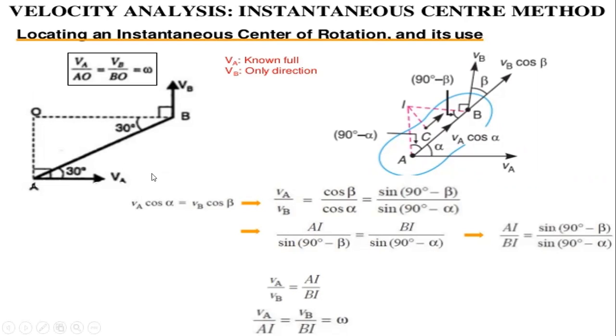This is the diagram from the previous slide. So I have taken the plane motion of a body here. I am taking the plane motion of a body with regard to the